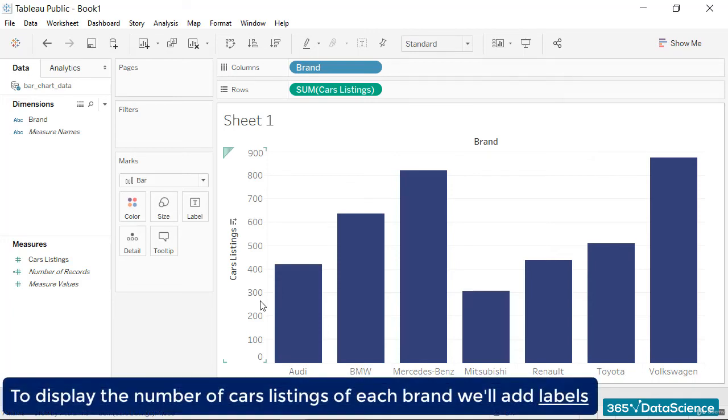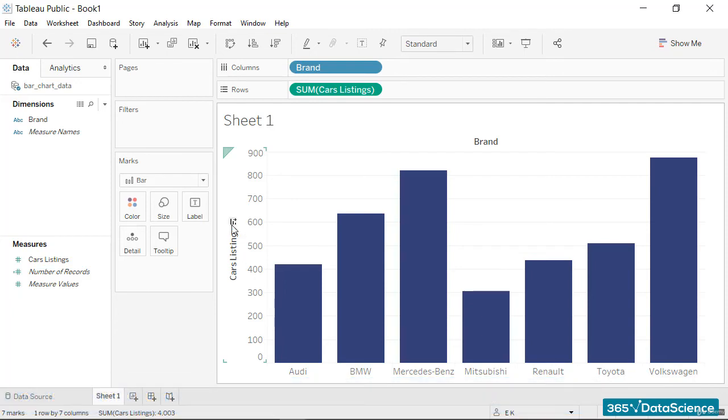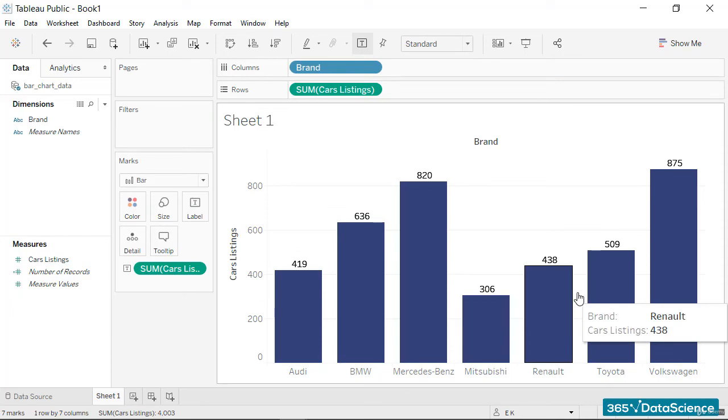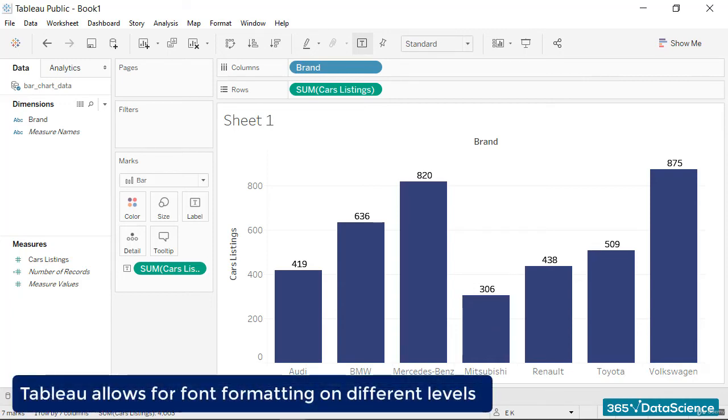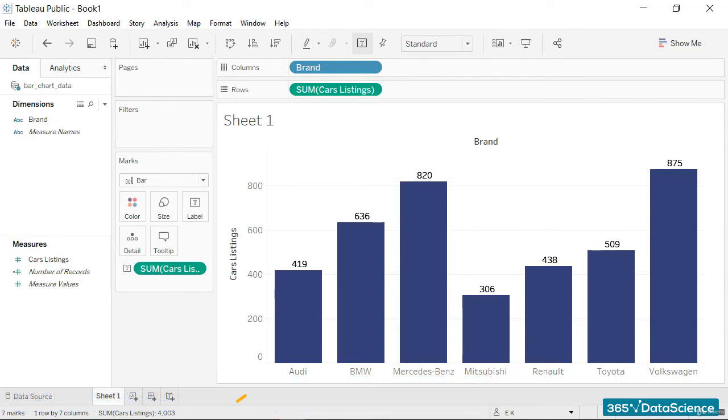Therefore, to display the number of car listings of each brand, we'll add labels. Yet another instance where we'll make use of the Marks panel. We'll drag the Cars measure into the Labels field, and voila! Labels for each bar have appeared. Superb! Next, we'll focus on the text in our graph. We'll start by changing the font. Tableau allows for font formatting on different levels. We can format a